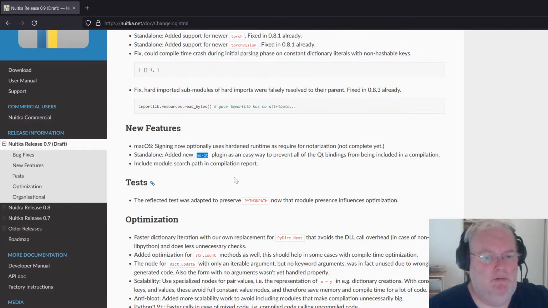And also get rid of these enable the plugin warnings that you were getting. And the module search path in compilation report. That's actually something that I intended to use, but for the reflected test. But I found that we have another way of doing it.